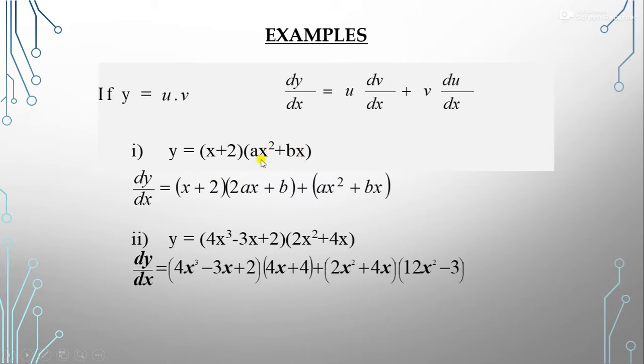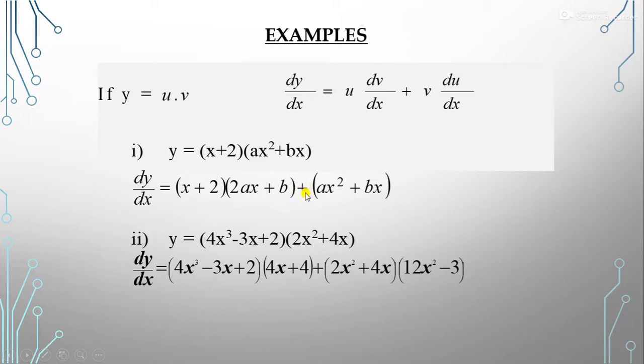So what is the differentiation of this? A as it is, and the differentiation of x square. In the last lecture we discussed how to differentiate a power function, so for x square, 2 comes forward and the power is reduced by 1, so x raised to the power 2 minus 1, that is x. Plus now bx, x is a linear function and we know that for the differentiation of a linear function only the coefficient of that variable remains, so that is b. Clear?